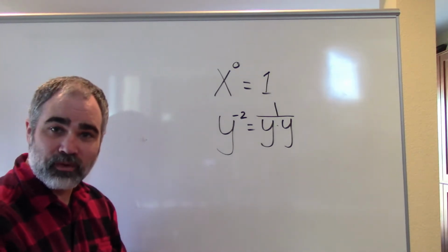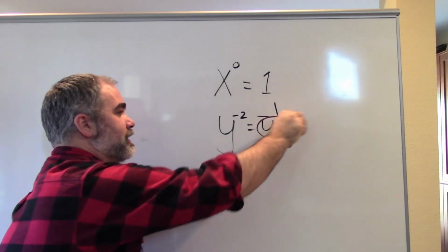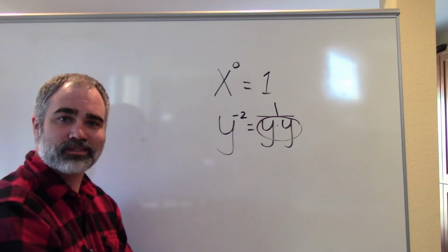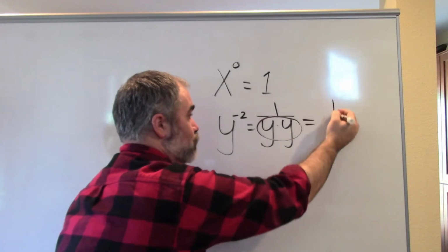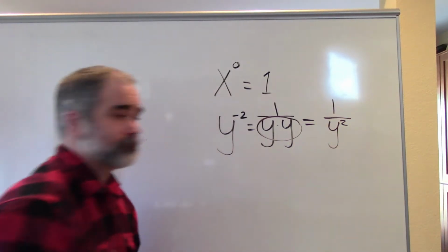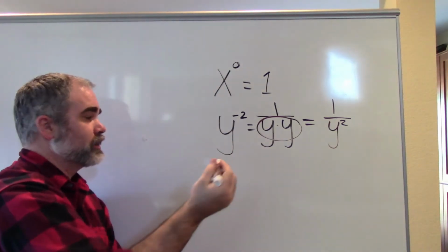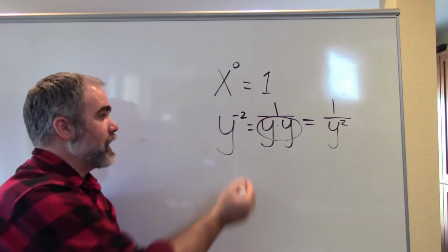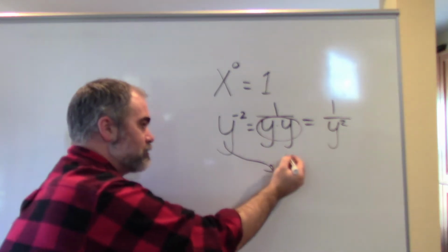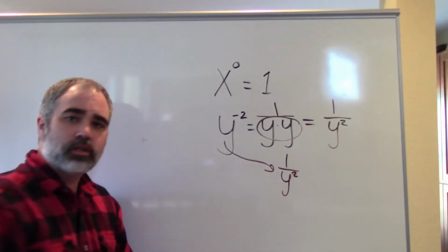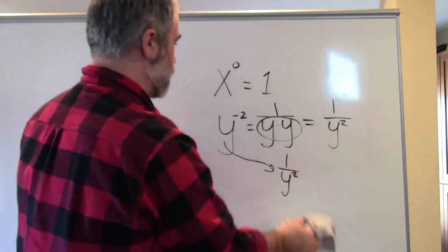There's actually a faster way to write this, though, that's really cool. Y times y, we know what that is. That's y squared. So I can actually rewrite this as 1 over y squared. And I think that's a really interesting result, because what you can do is, if you have a negative exponent, you can just turn it directly into a fraction. I don't need to think about this. I can just go ahead and be like, well, that's to the negative 2 power, so that's going to be 1 over y squared. You don't need to use that middleman. You can go directly to this, which means anything to the negative power